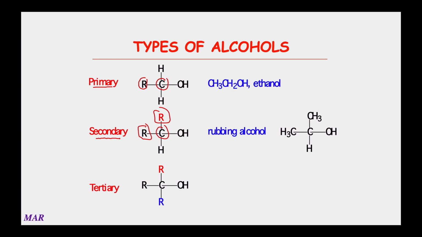And finally, you can have a tertiary alcohol, which just means that, again, the carbon with the OH is connected to not one, not two, but three carbons, three alkyl groups. And this can make a big difference when you get to organic chemistry. It's nothing that I will probably be asking you about, but just in the back of your mind, remember that there are these primary, secondary, tertiary, and it's how many carbons are connected to the carbon with the OH, which is a little bit strange.